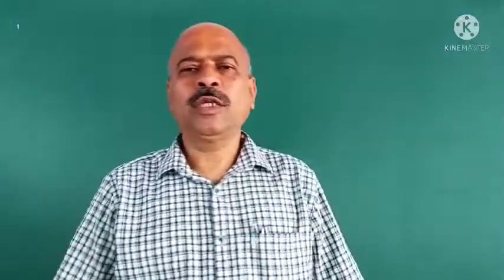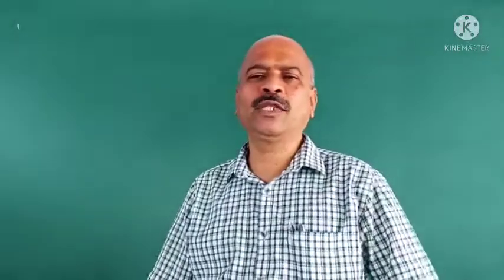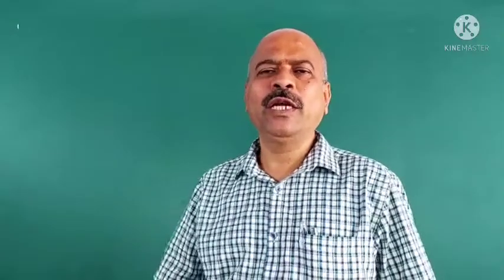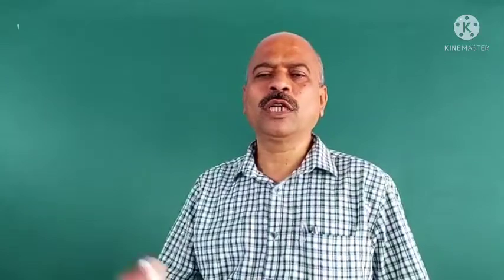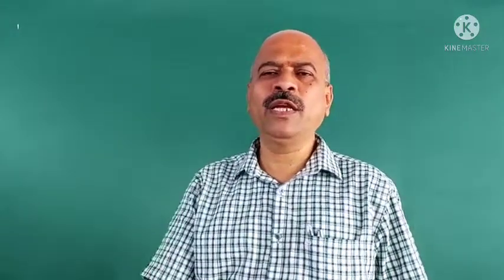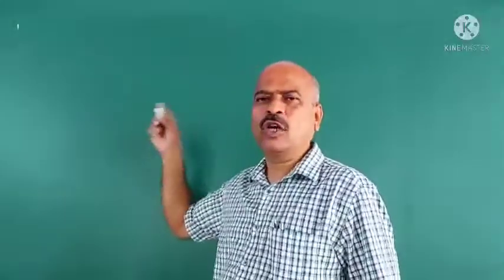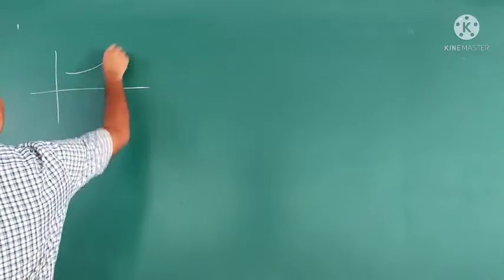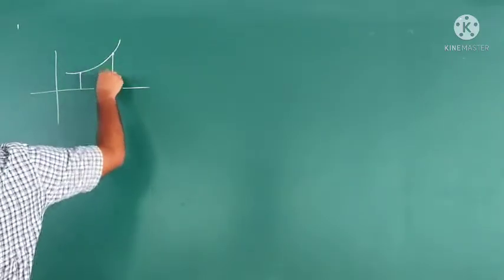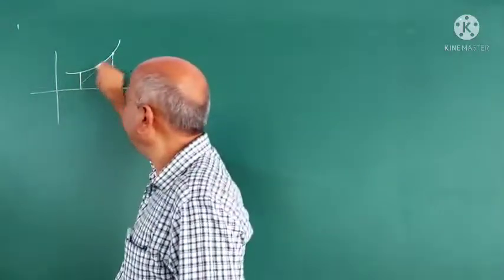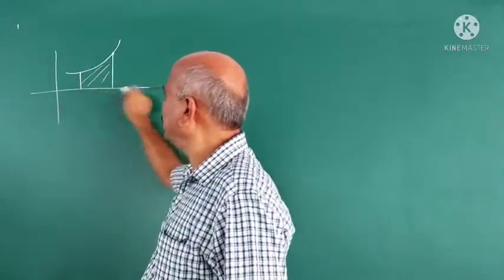The topic is volume and surface of solid of revolution. I have already, in the previous video, introduced the surface of revolution and volume of solid of revolution. I briefly tell you what is a solid of revolution. Suppose a plane curve, and the area under the plane curve is revolved about some line. Here we take, suppose this area is revolved about the x-axis.